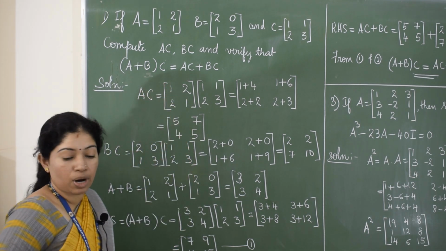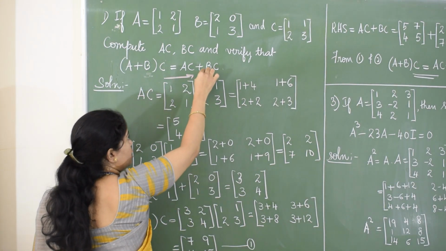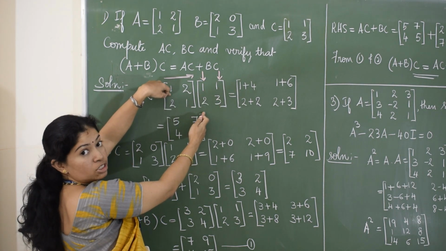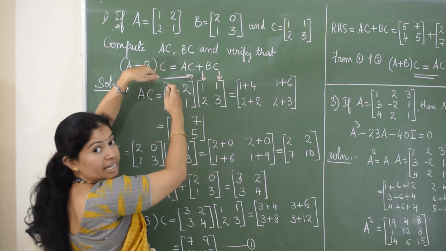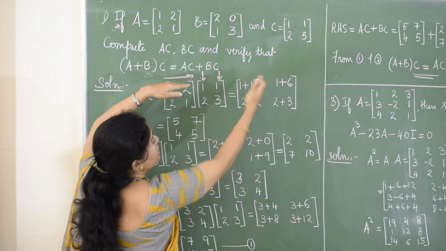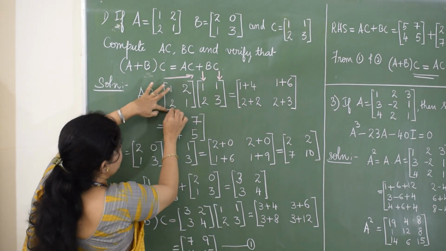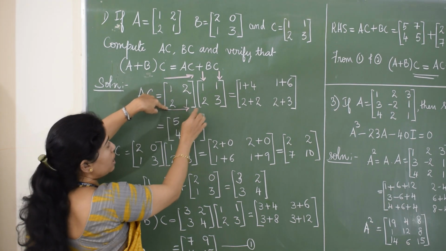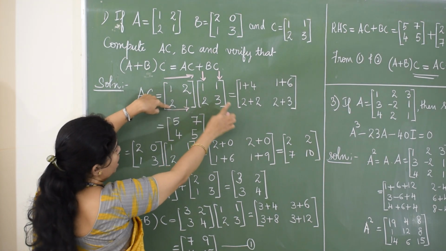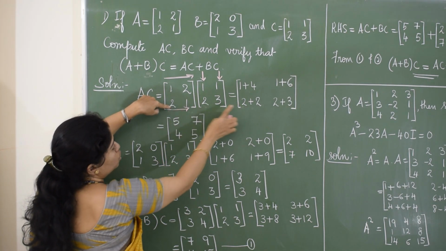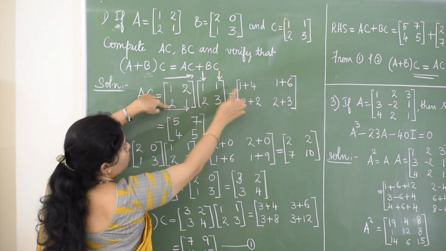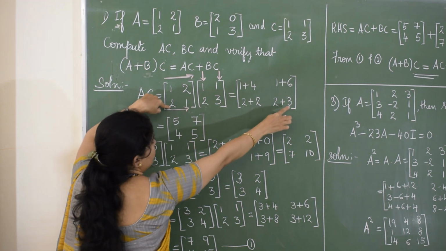See the order here, you have to take here row wise and here column wise. So first row, multiply the corresponding elements of the first column, write it here. Take again first row, multiply the corresponding elements of the second column, then you write it here. Next, take the second row. Second row elements 2 and 1, multiply again with the first column entries. So it is 2 into 1, 2 plus 1 into 2, 2. Next, second row with the second column. So 2 into 1, 2 plus 1 into 3, 3.